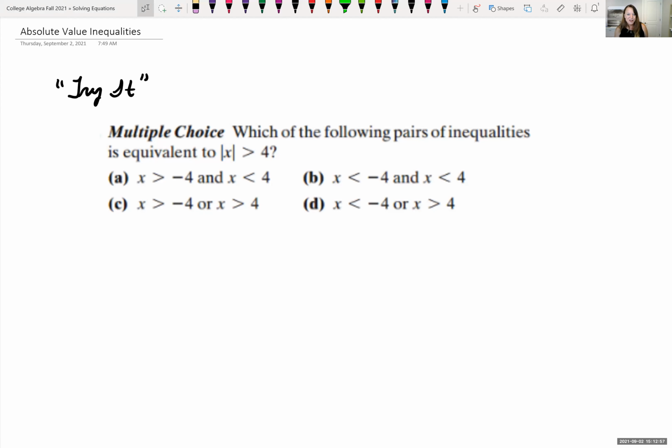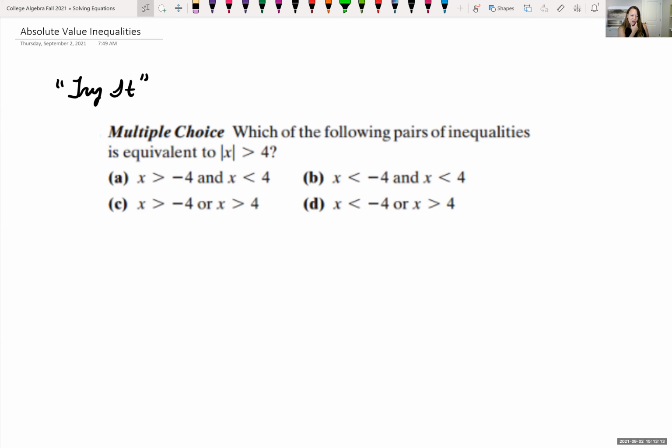Okay, so now we're getting into absolute value inequalities. We've learned how to do absolute value equations. And before we go through the rules of solving absolute value inequalities, I wanted you to look at this one